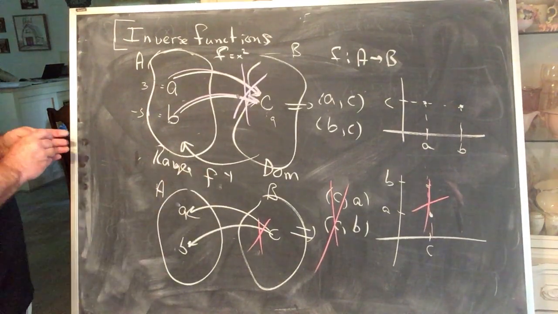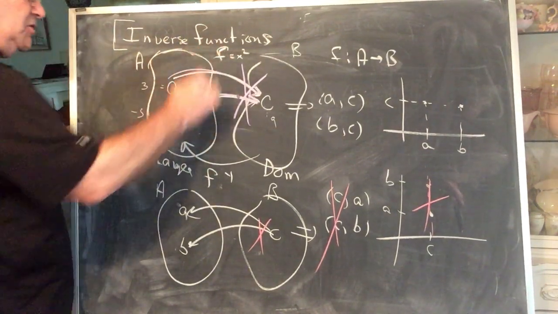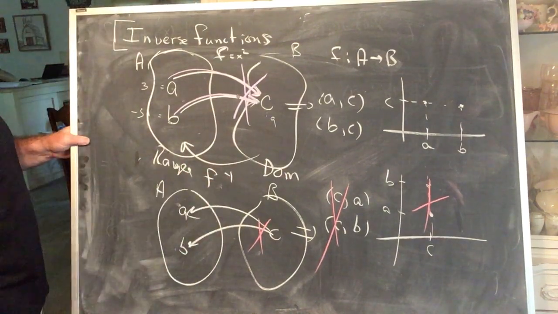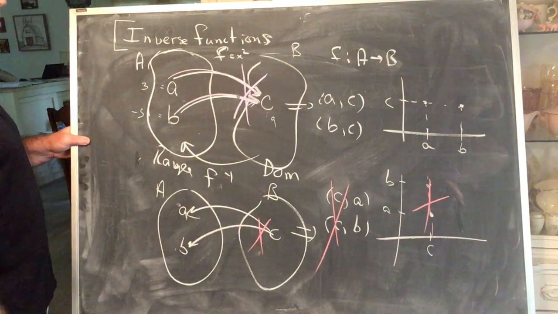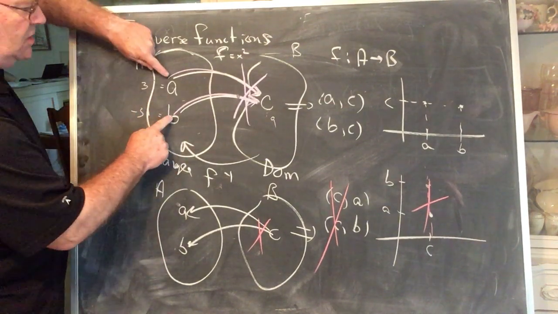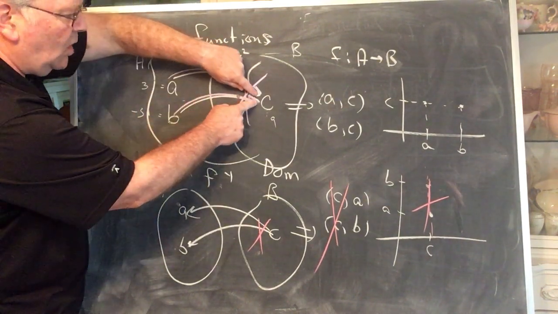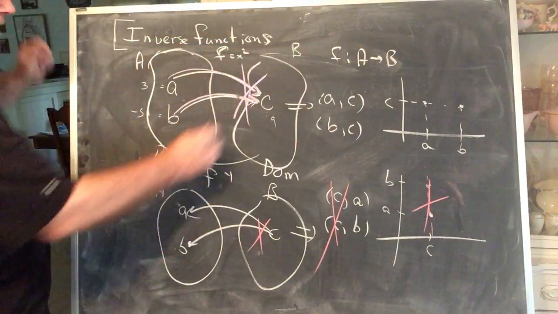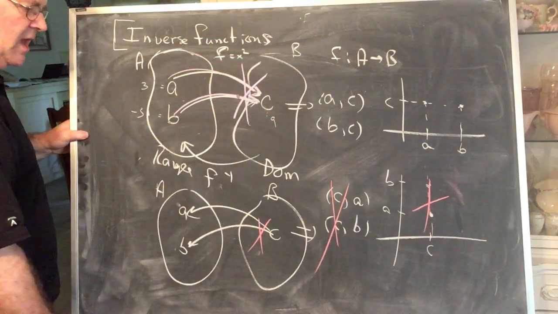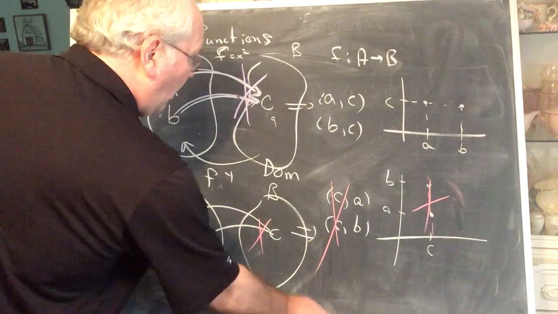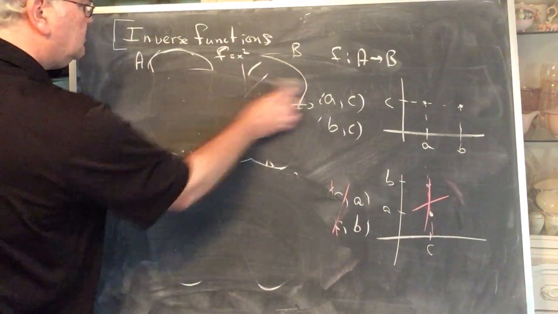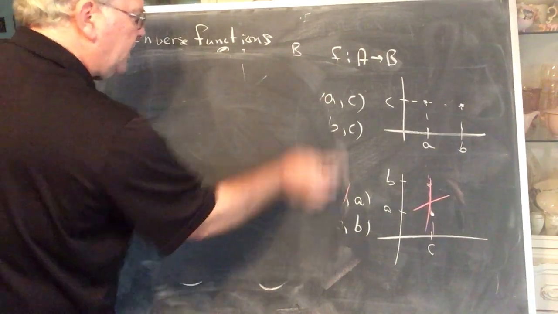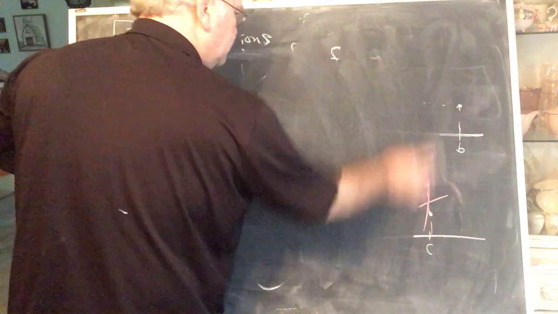In order for f to be a function and f inverse to be a function, in order for these inverse functions to exist, you are not allowed to have two different values going to one or more than one point on the range. And so, what then would be the requirement? In order for inverse functions to occur,